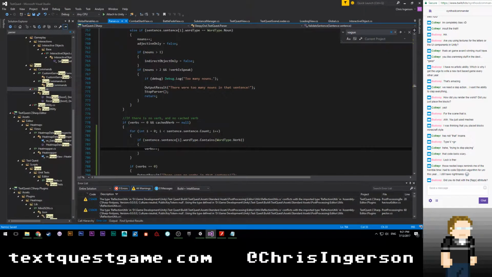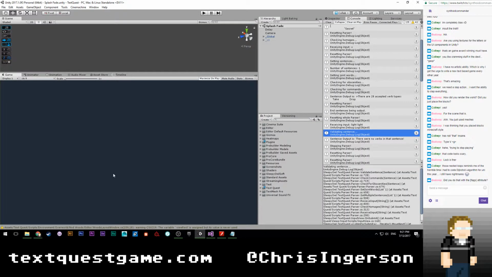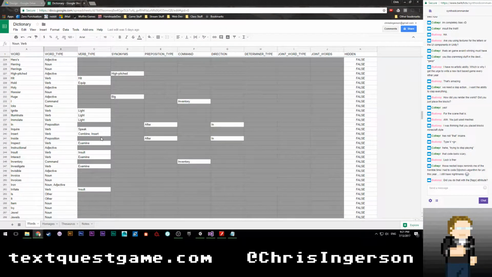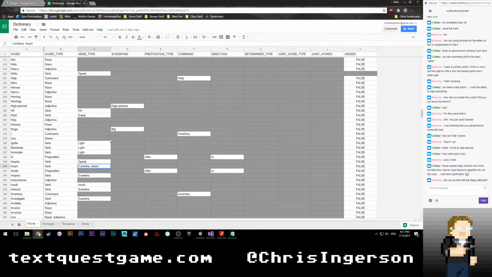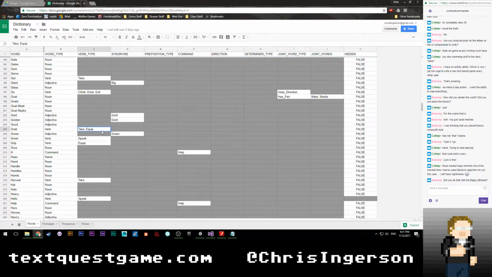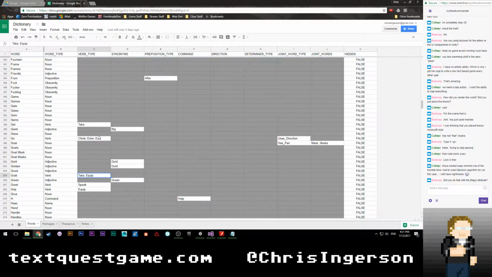Word types are bitmasks, as are verbs. So a word can be multiple verb types if necessary. Actually, let me see if I can find an example. I know they exist. Insert is combine and insert, for example. Grab can be both take and equip.